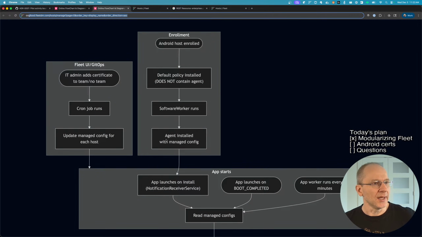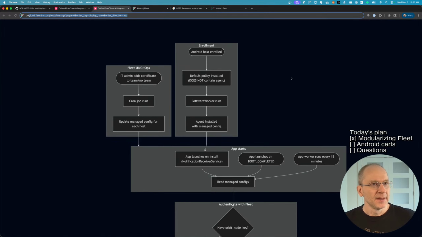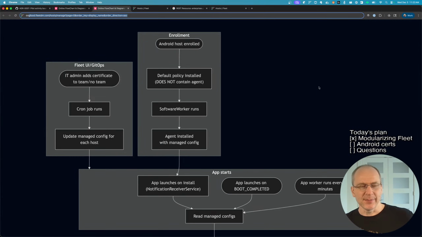All right, so the agent is installed. So how does the app actually start? Like I mentioned, there's no icon, so the app has to start on its own. We're using an MDM feature to install this app, which causes the app to launch on install. This is an important thing, because